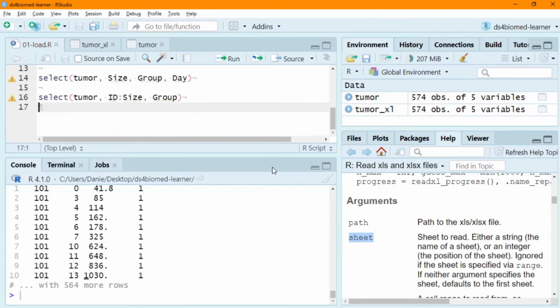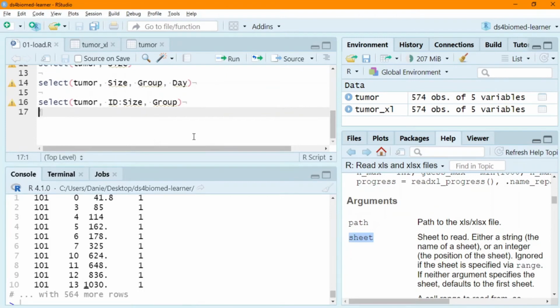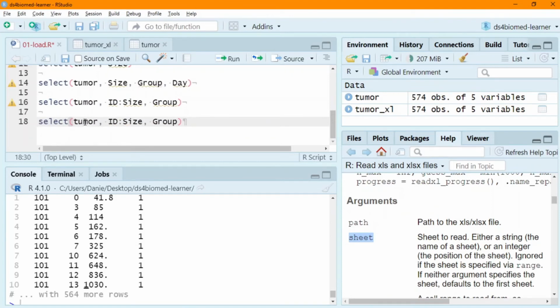In the tidyverse, there is a convention that has shown up using something called a pipe operator. If you've worked in R, you may have seen this before. It is literally the percent greater than percent symbol. What this would look like, let's say I'm taking this exact code that I just wrote before. Instead of putting tumor as the first item, I put tumor as its own separate item. And then I pipe this into